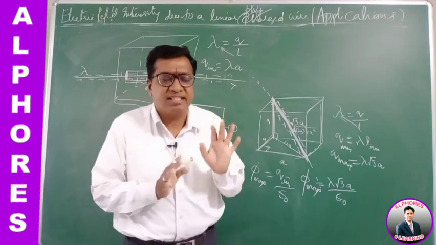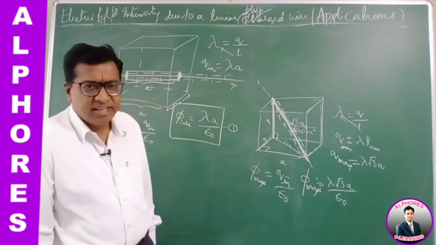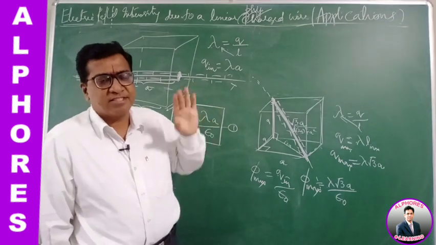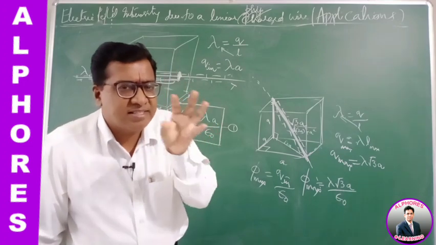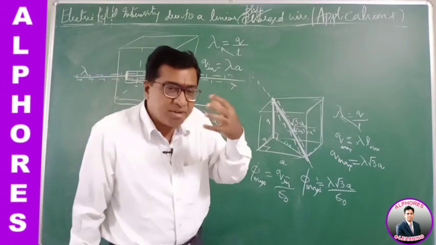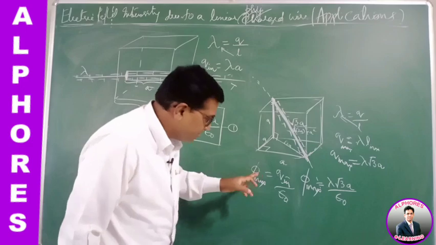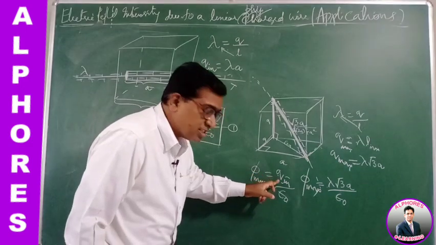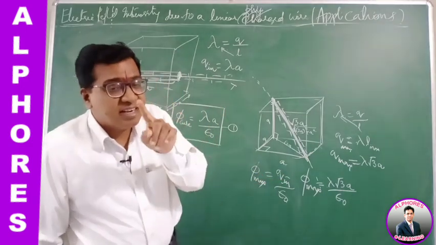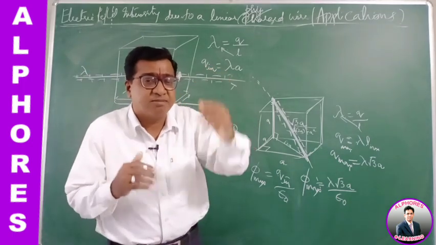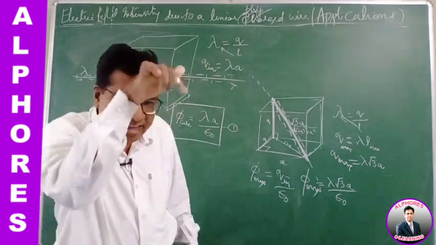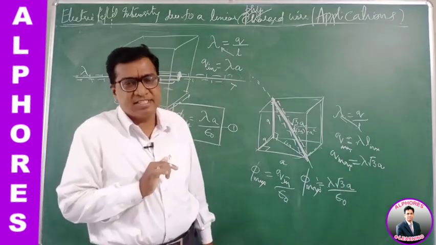This was a question asked in a previous AIIMS examination. So you should think like this: according to Gauss law, flux is charge by epsilon naught. Flux will be maximum when the charge is maximum. The charge associated with the cube will be maximum if the maximum length of the conductor is inside the cube.